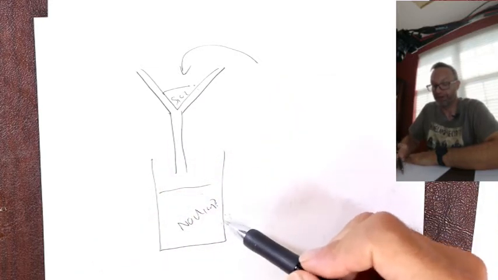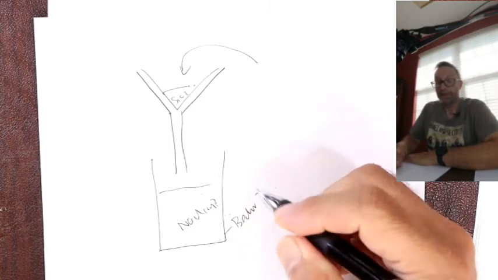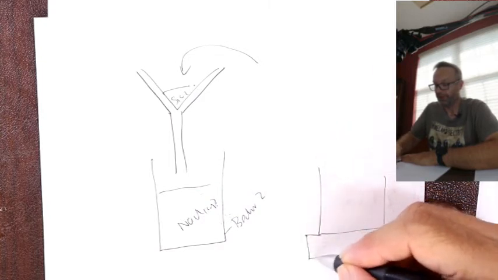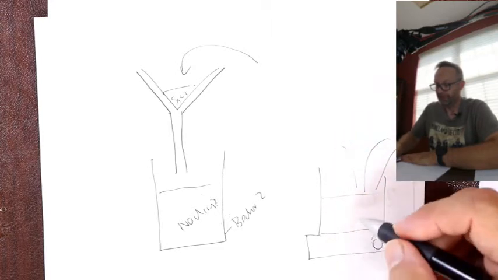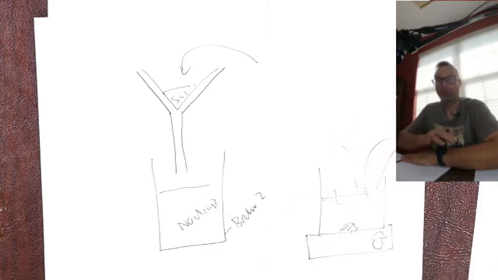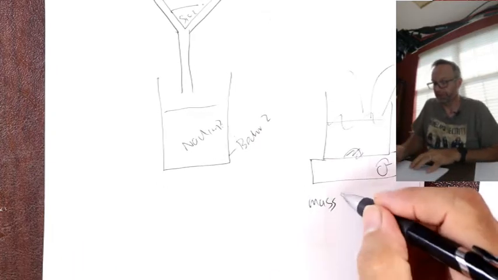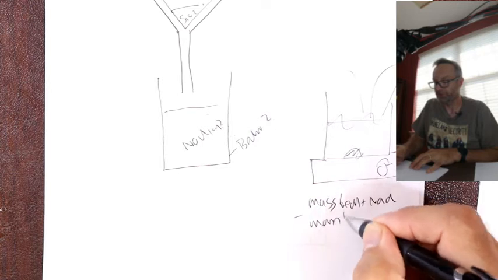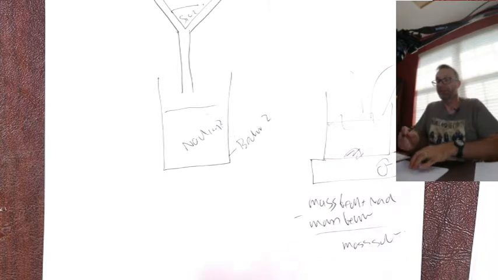okay? If we were clever, we weigh this beaker, right? So we call this beaker 2. If I take this beaker 2, put it on a hot plate, all the water will eventually evaporate and leave just the salt in the bottom, dry salt, right? We can then take the mass, I'll move it up so you can see it, mass of beaker and salt, subtract mass of beaker, and we get the mass of the salt, right? So that's how you'd separate off